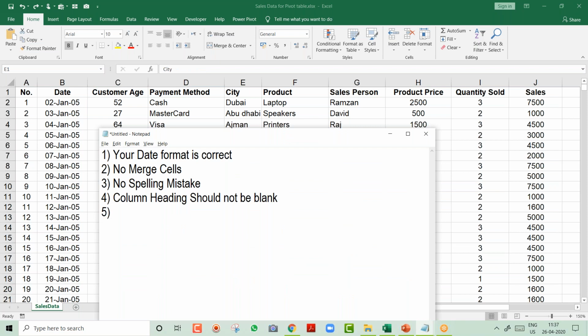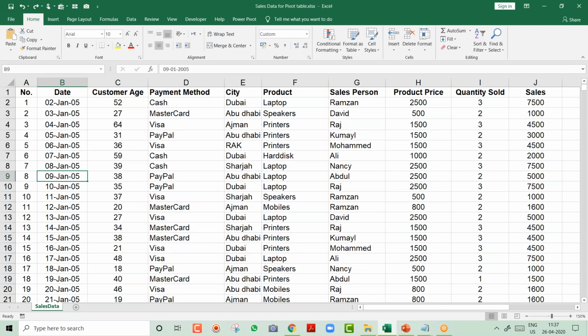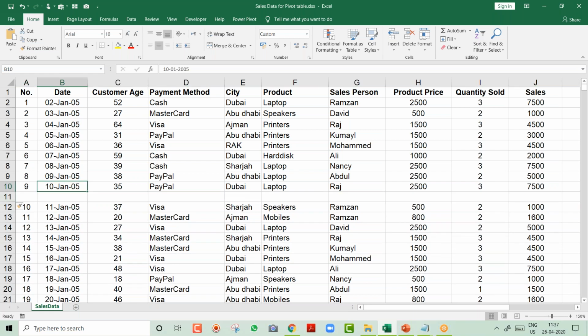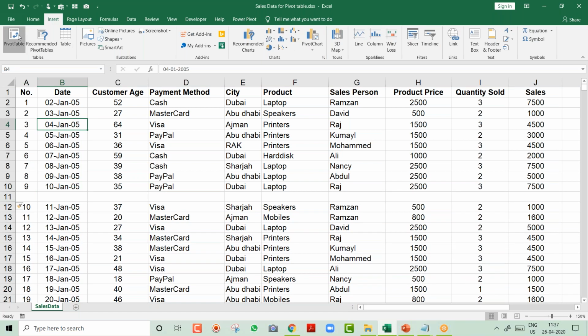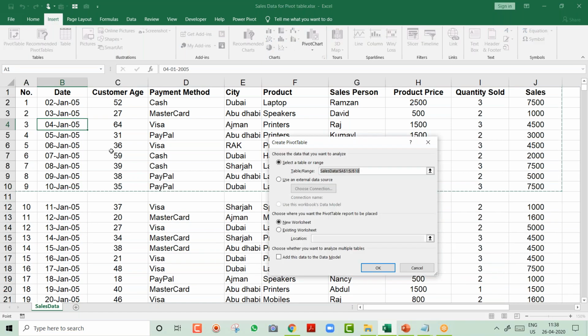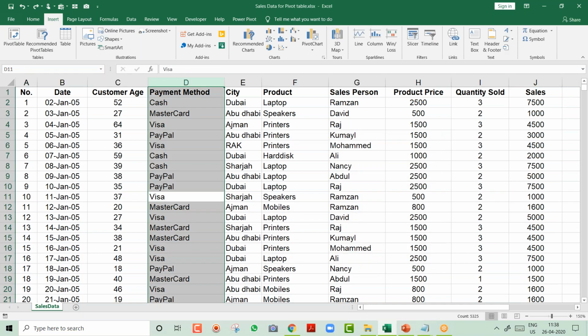And the last one, friends, is please make sure you don't have blank rows or columns. This is another important thing. For example, if you have a blank row in between your data, then when you go to insert and create a pivot table, you see only this much data is selected. Yes, you can then select the data manually till the end, but try to avoid it. Don't have a blank row.